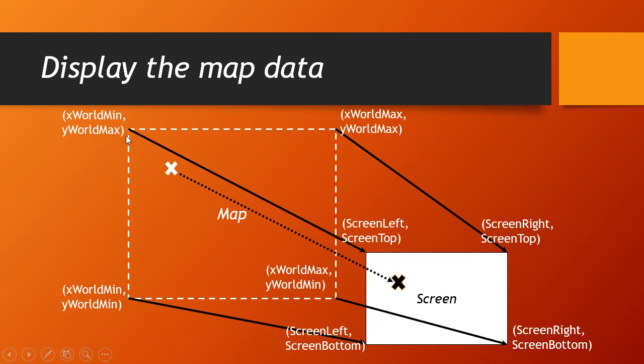So this point represents the left top corner of the map. So its longitude and latitude value is x world minimum and y world maximum. The same, this point is x world maximum, y world maximum. And this point, x world minimum, y world minimum. This point, x world maximum, y world minimum. So these 4 points,